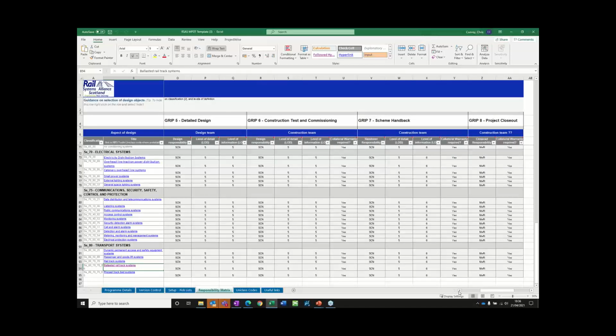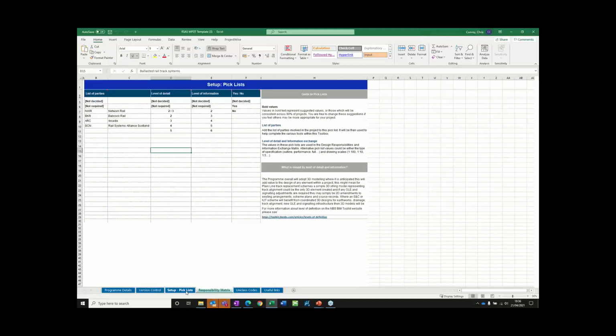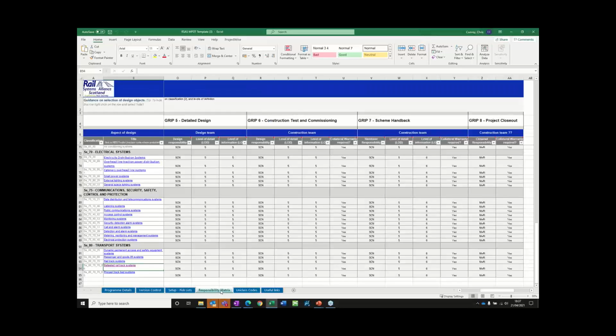It's a fairly high level split that's been done here, rather than drilling down to the individual. It's organisation rather than individual. I appreciate that. Yeah. So if you had many different suppliers on a project, you could split it between an electrical designer and an overhead line designer and a mechanical designer or something like that if you wanted to. And then your responsibility matrix could become a lot more fleshed out. But in terms of the Rail Systems Alliance, it made sense for us to keep it to these ones initially.